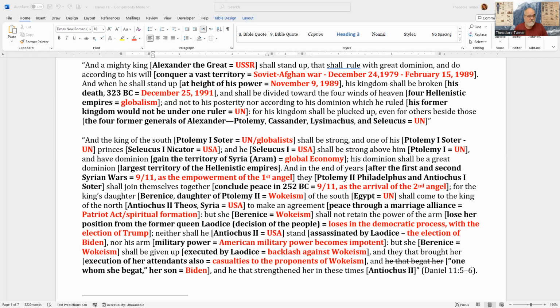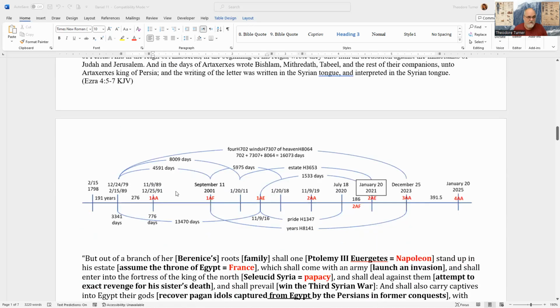So we're just going to go over this section. This is Daniel 11, verse 5 to 6. Now, verses 3 and 4 are going to start with the time of the end. They're going to have a precursor to the time of the end. And one of the things that we have done with this is that we have this chart of these verses that we place line upon line. And so I just put this in here, and I'm going to be putting more things in here, some of the stuff dealing with the Hebrew numbers and the calculations that we've done help us in this.